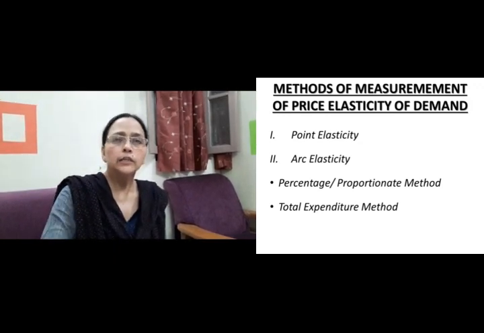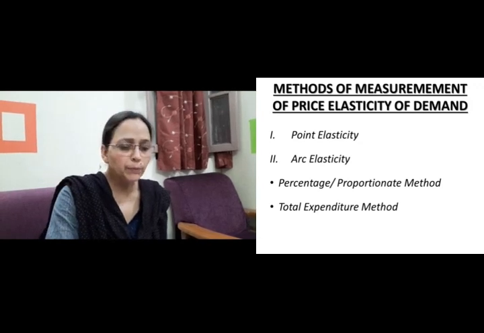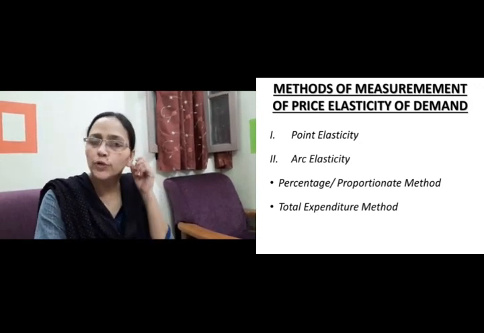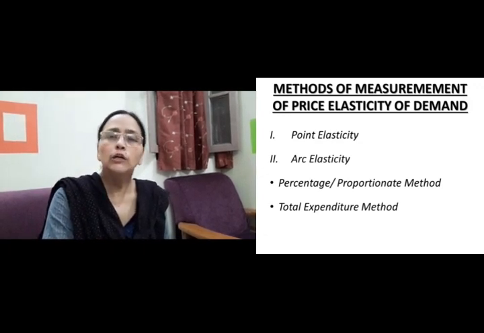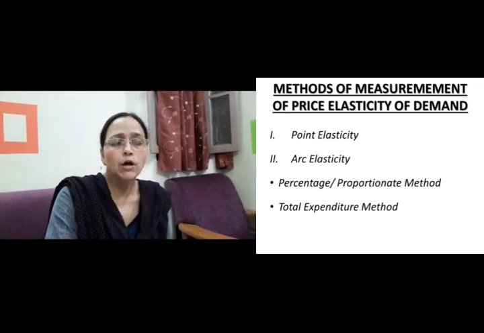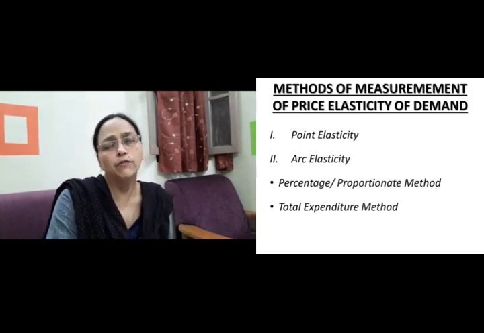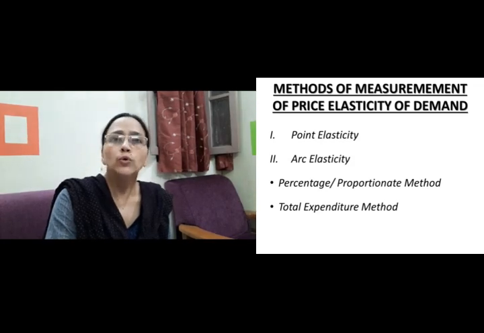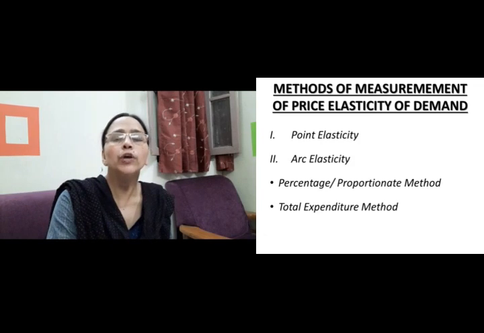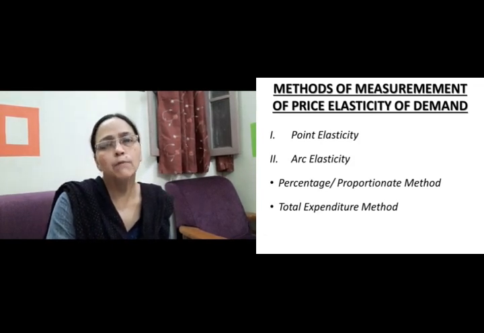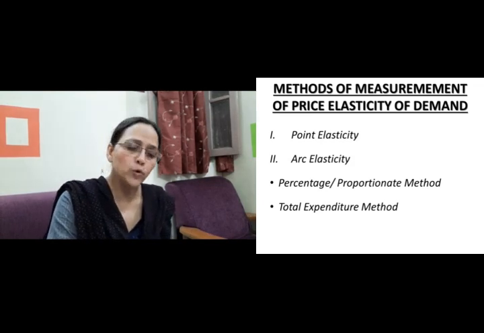Now there are certain features and advantages that you can have with the proportionate method. One of the important features in this method is that here we ignore the signs, right? Because it's an inverse relationship between demand and price, the relationship is negative, so the outcome will definitely come as a negative number. But generally we ignore the sign. Whatever sign comes, we ignore that, and then we measure the elasticity through the proportionate method.